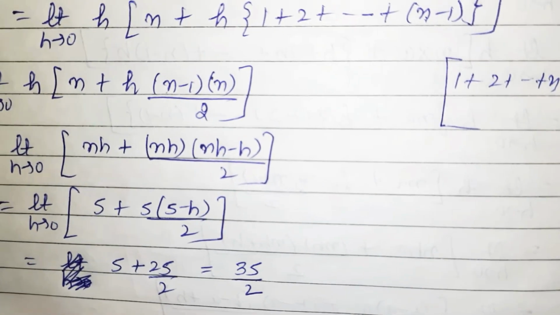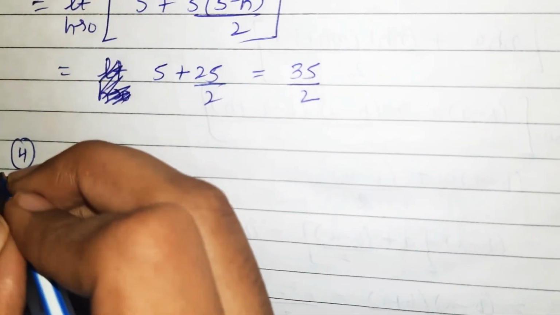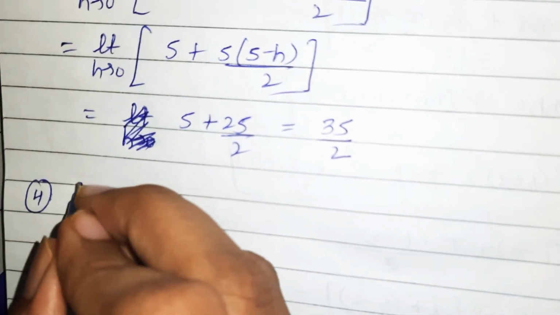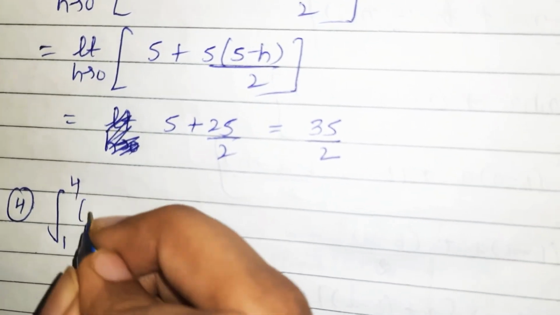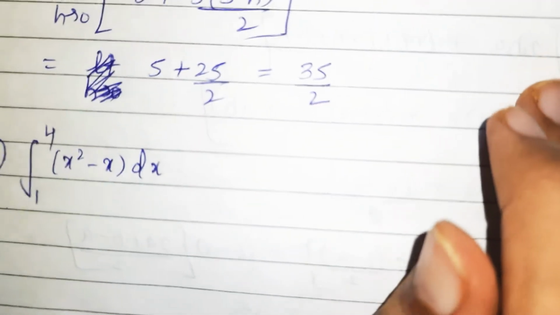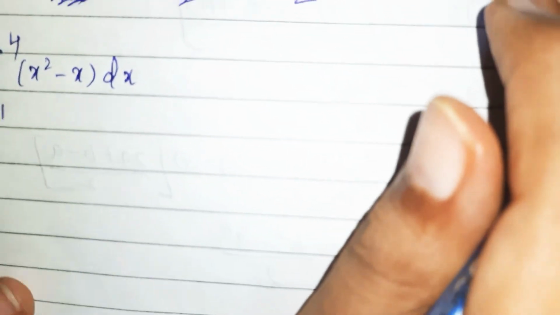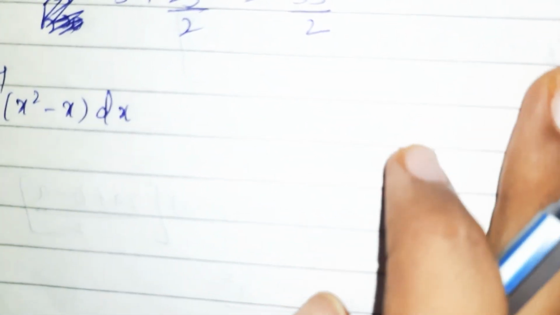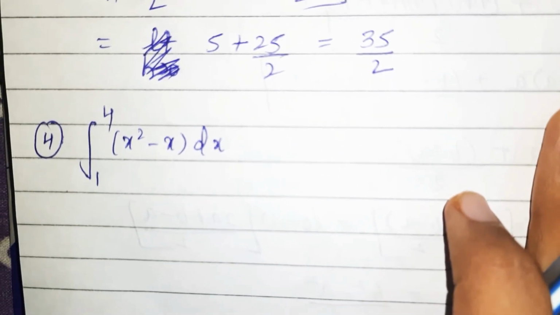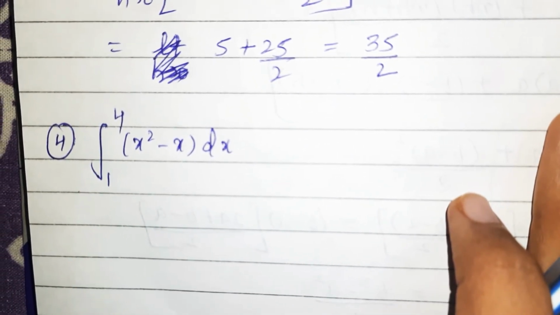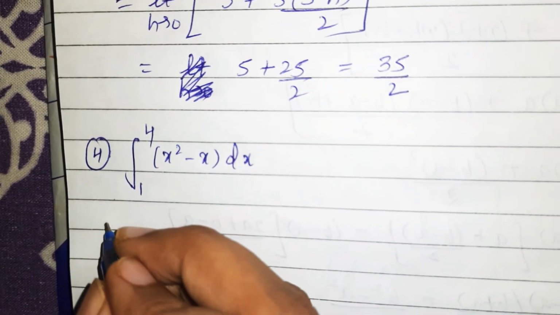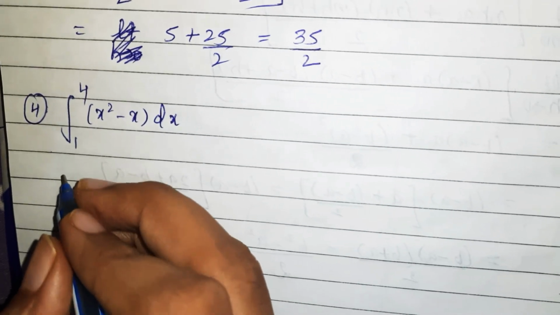Now come to question number 4. Third is the same. So you will be getting the part of 4th like this: integral of 4 x square minus x dx. If I talk about this question, what we need to do? Now I am not telling you the answer. You can calculate it directly. We'll straight away start with the question and let's see what answer we are getting. Fine. Now again, the formula you are already aware of.